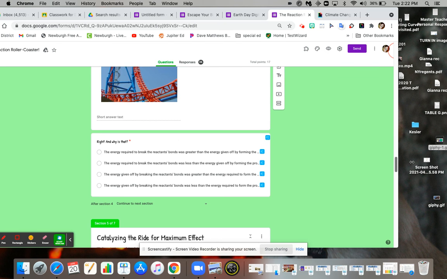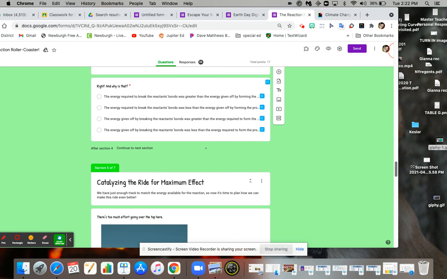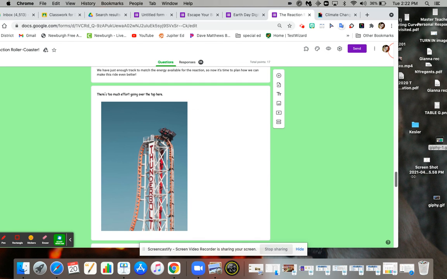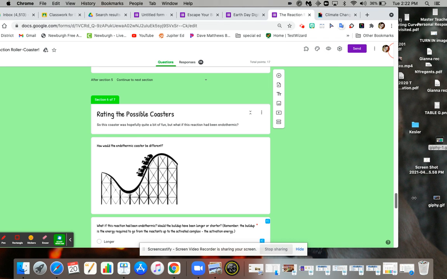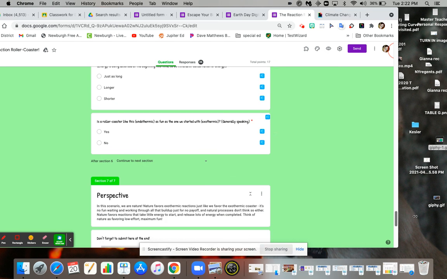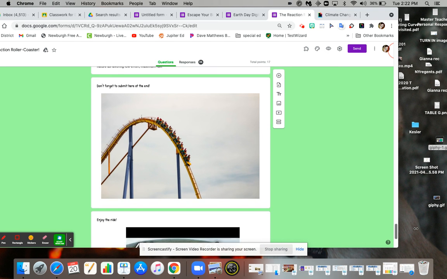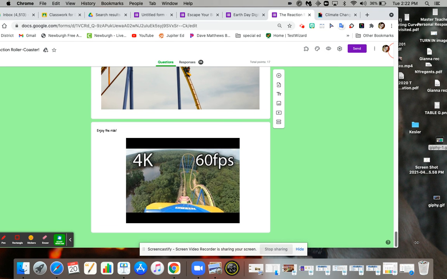As they work their way through, learning the content, practicing the content, and applying the content. Again, we keep using pictures and images all the way through as much as possible to keep that storyline going. And this is actually a video that's going to give them a first-person roller coaster ride as their reward for